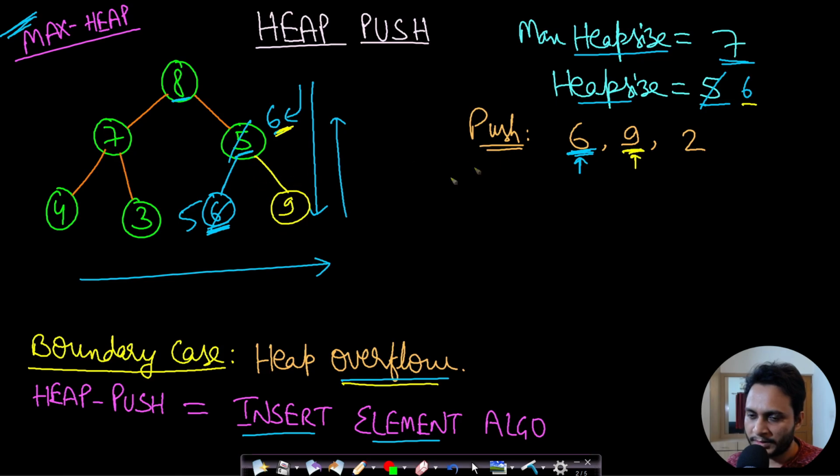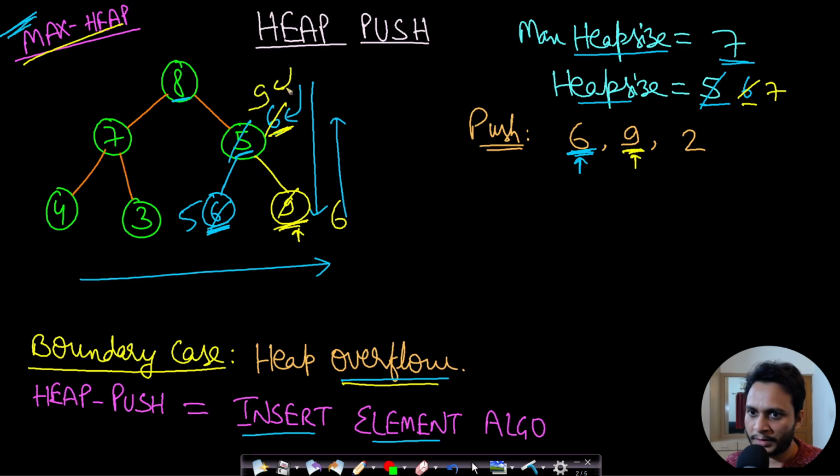Since we have inserted an element into the heap, the heap size will increase to 7 now. Okay, and now this element might not be following the heap property, the max heap property in this case. So we will be applying the percolate up algorithm. Now this element 9 will be checked with the parent element 6. Now 6 is lower, but it should have been greater, right, for a max heap. So this 6 will come here and this 9 will go here.